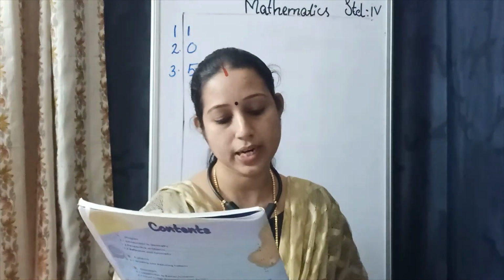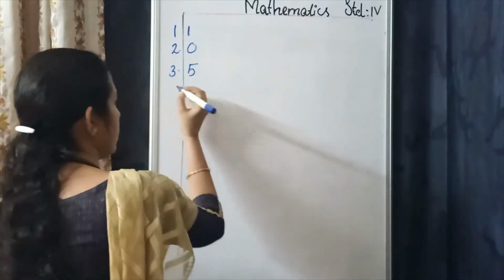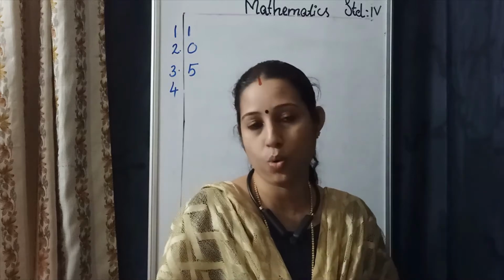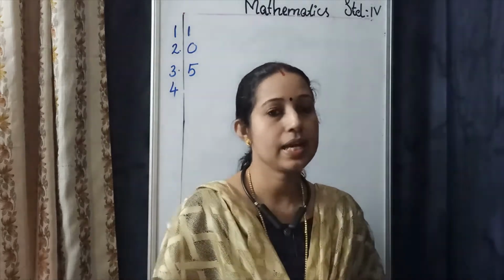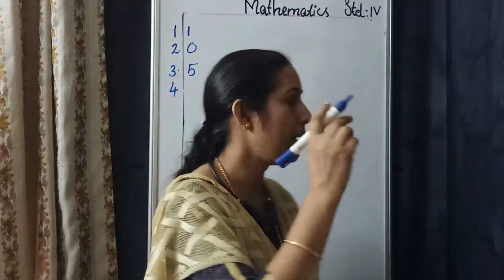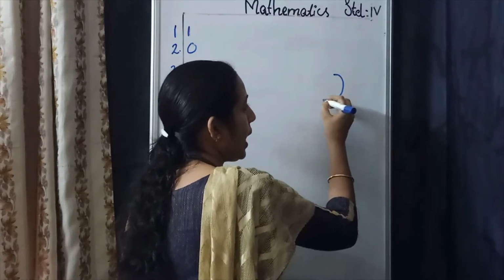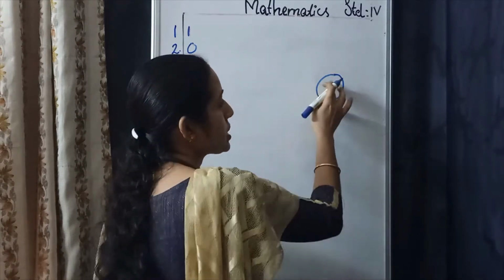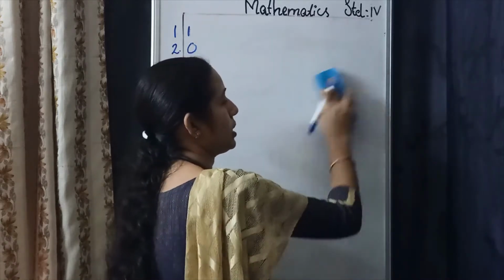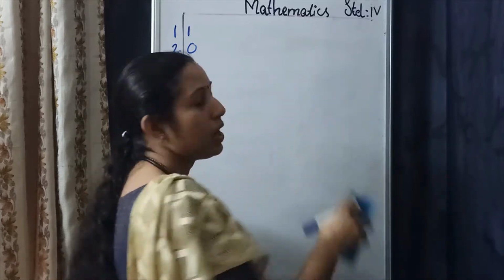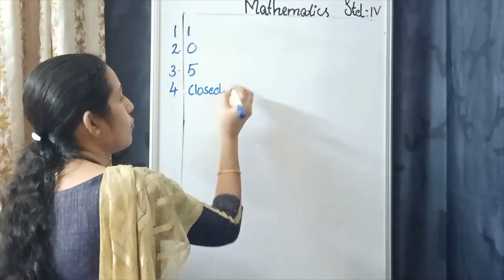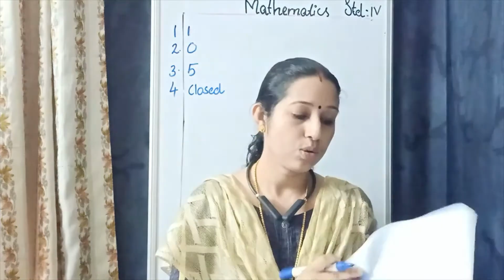Next question, multiple choice question 4. A circle is a dash figure. The options are closed figure, open figure, point, chord. Study the circle. A circle is a closed two-dimensional shape. What is a closed figure? In the circle we start from one point and end at the same point. So this type of figure is a closed figure. All two-dimensional shapes are examples of closed figures. Circle, square, rectangle, all are closed figures. So a circle is a closed two-dimensional figure. Now turn the page.